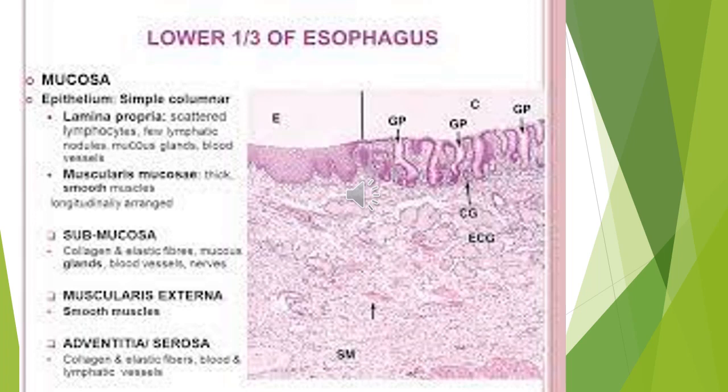So the collagen and elastic fibers along with blood vessels and lymphatics will be bounded by a layer of simple squamous epithelium, that is the mesothelium, and that will be called serosa. While the nerve plexus that is present in between the muscularis externa, inner circular and outer longitudinal layer of the smooth muscle will be called myenteric plexus, that you are not going to see in the light microscope.